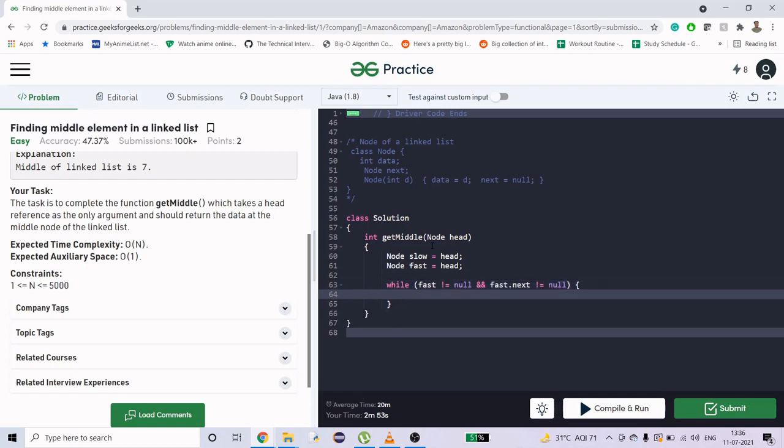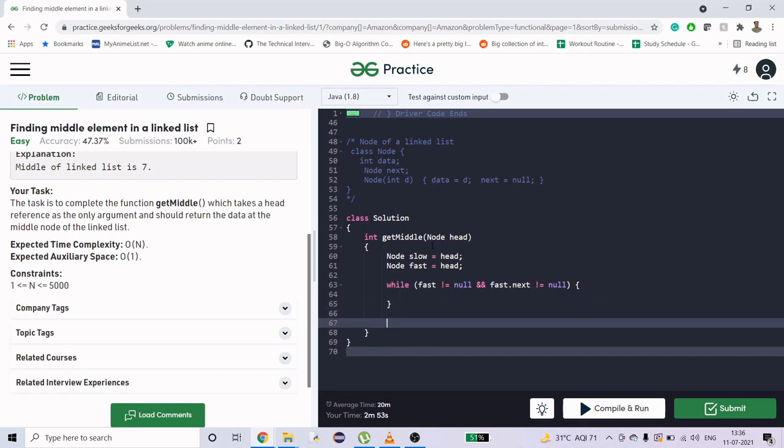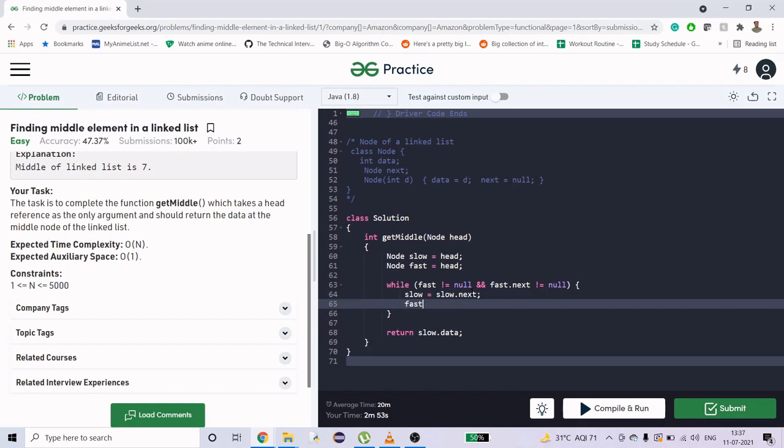When that happens, we are going to come out of this loop, and we are going to return slow dot data, because we have to return the data. Here, node is node, and we have data which is an integer, so the variable is data. Now what we have to do is move slow 1 node and fast 2 nodes.